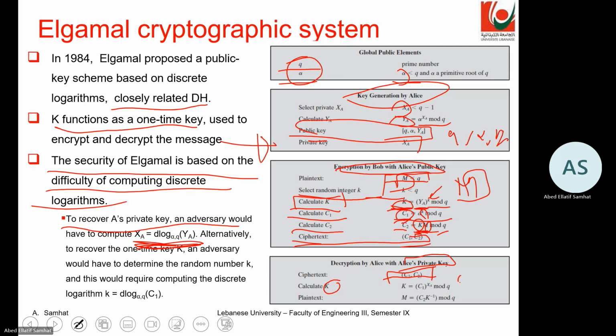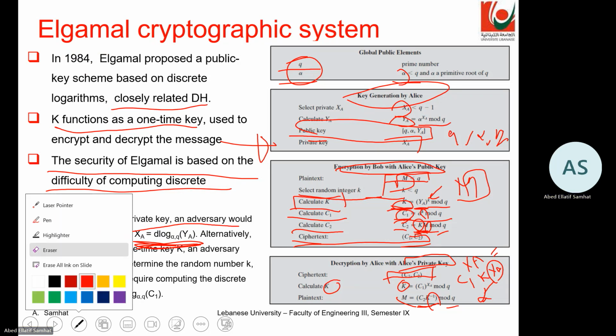C1 to power xa equal alpha to power k xa, okay? And in this case, alpha to power k xa is alpha xa and then to power k. And after that, M is simply C2 times K minus 1 mod Q. So the first step in the decryption is to calculate K, and after that is to multiply the cipher 2 with the inverse of K mod Q. If we want, we can briefly do the